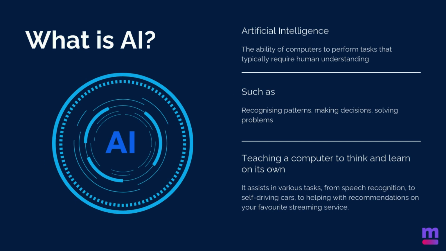For example, if you had an AI playing a chess game, it will look at all of the available options for the next move, which one is going to result in a win, and then it will make the decision to make that chess move. AI is also able to solve problems, so it can tackle complex issues by analyzing vast amounts of data and information much quicker than a human could. So, for example, AI could diagnose a disease using medical data, and it will be able to scan and evaluate that data with a lot more accuracy and a lot faster than a human would be able to do that.